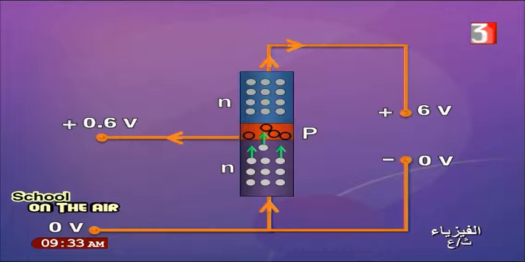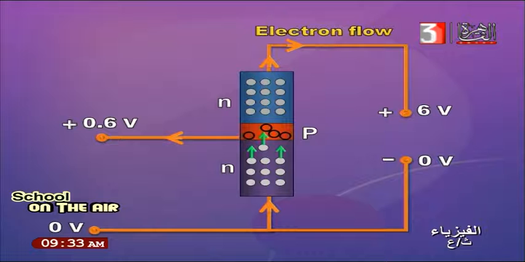Okay, if the 0.6 volt is not connected, what really happens? Some electrons from the emitter neutralize some holes, okay, and we get a cease, a stop of flow. But when the base is connected to the positive, what happens? The positive terminal will extract electrons from the holes, and this will give the rest of the electrons the chance to push, to move, to pass the base into the collector. And never forget, emitter current is equal to base current plus collector current. Okay, once again,